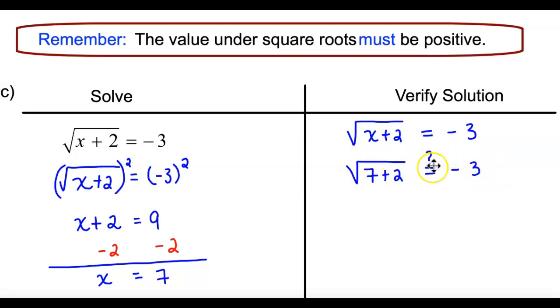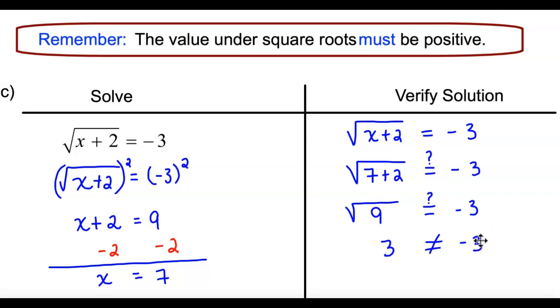And we're not sure, so we write a question mark there, and we're going to follow the process to see if the left side equals the right side. 7 plus 2, of course, is 9, so we have the square root of 9 maybe equaling negative 3. And when we take the square root of 9, of course, we know that is 3, which does not equal